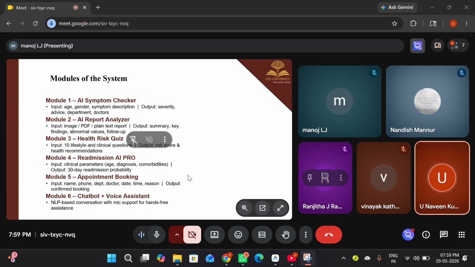And next we have the appointment booking module, which allows the user to book a doctor appointment by entering phone number, name, department, doctor, and date and time. And the last module we have is the chatbot and voice assistant. It is an NLP based conversation with mic support and a hands-free assistant. For example, if the user says I have stomach pain, the chatbot provides guidance. And next slide we have